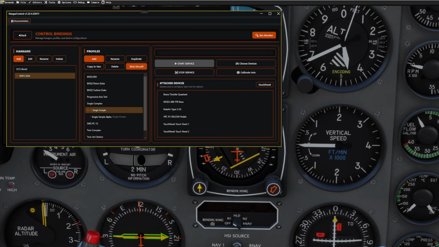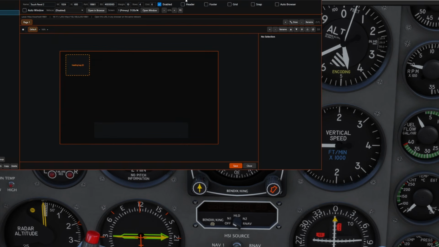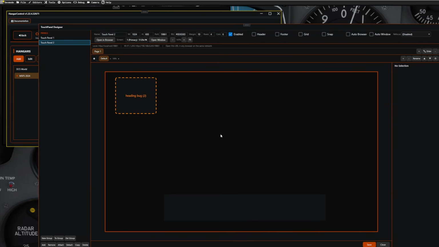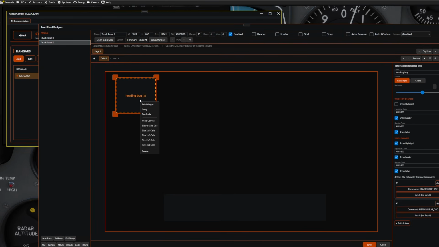Did I close my configuration window? I did, didn't I? Why did I do that? What a dork. Anyway, so now, let's come back in here. Blow that back up for you guys. And we're just going to duplicate this. Move this right over here. We're going to change our title here, and let's just do the Kollsman. Yeah, let's just call it Kollsman. That'll work fine. Okay. And again, it maintained all the previous settings, so all we need to do is change